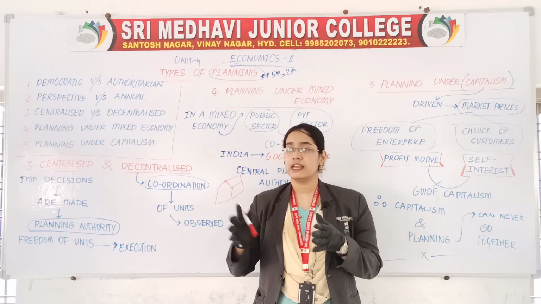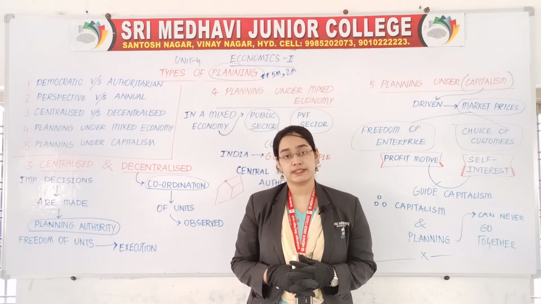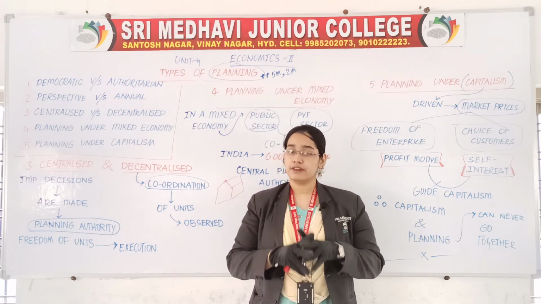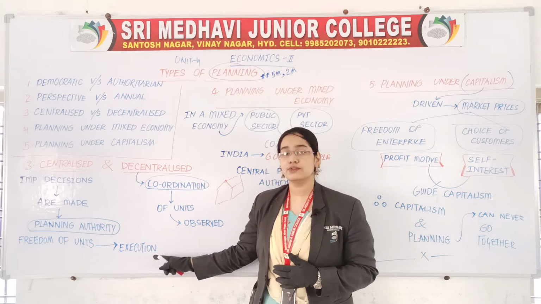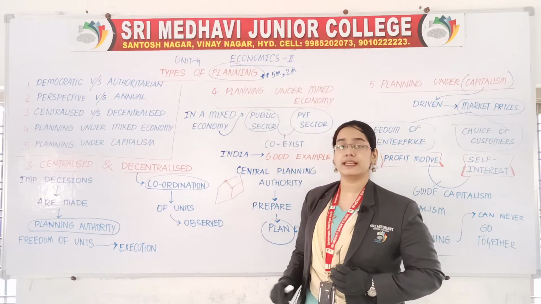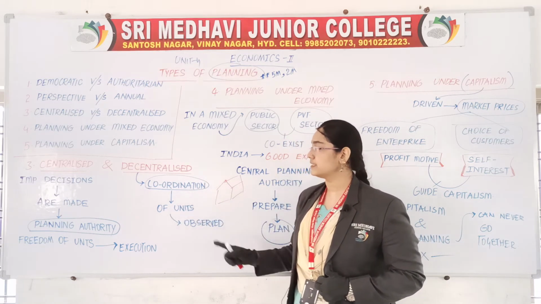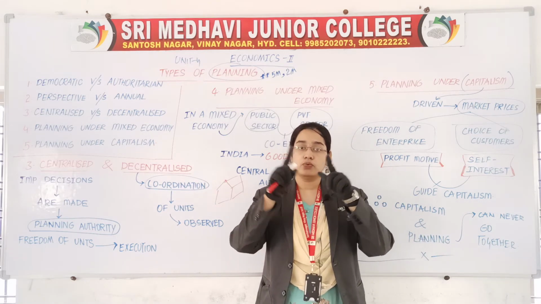So everyone has made a unique decoration of vegetables. Everyone has got the freedom to think, but in execution everyone is different. Whereas in centralized planning, coordination of units is observed. That means, in the second case, I have given you one picture